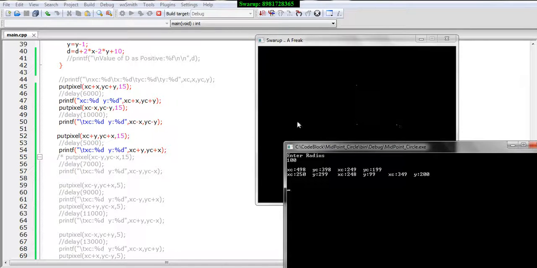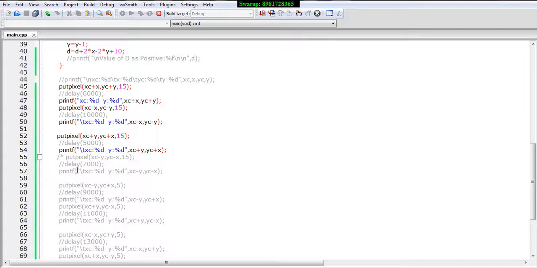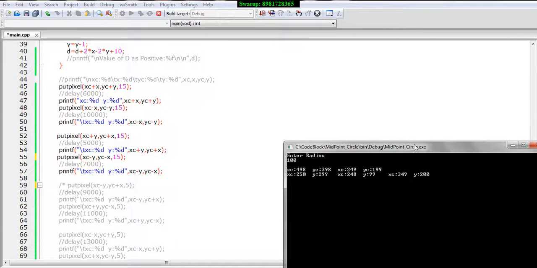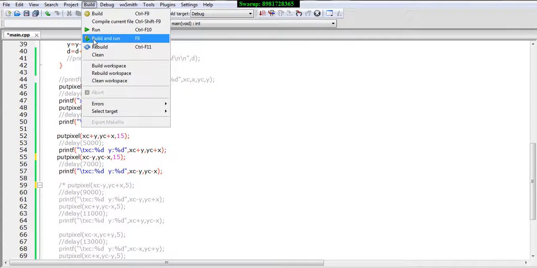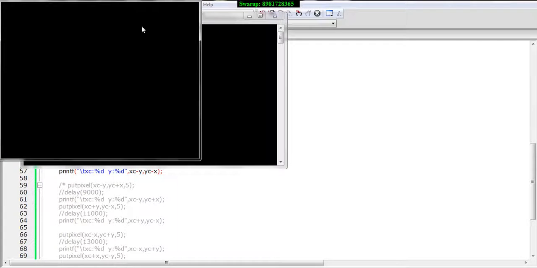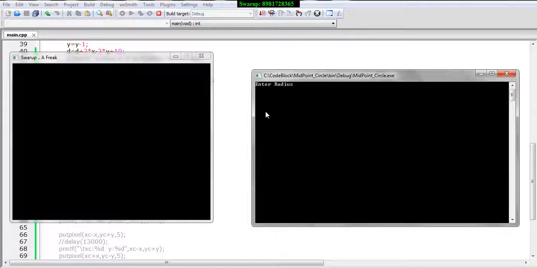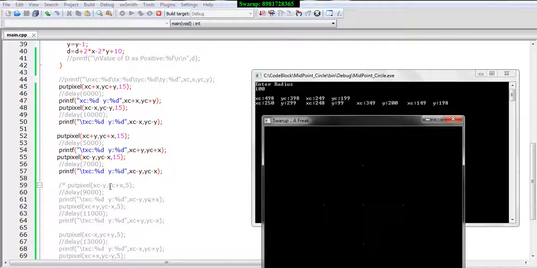So now the opposite end needs to be generated. Here I'm generating the opposite end, and for that let me uncheck the command line again. I can understand that this is pretty tiring for you as well, but in order to understand the whole program you need to figure out minutely how the plotting is actually taking place, and then the whole program will be very clear to you, and it is very interesting even. Now see, the other end also got generated, and that is by virtue of x becoming minus x and y becoming minus y. So as a result the opposite end got printed.